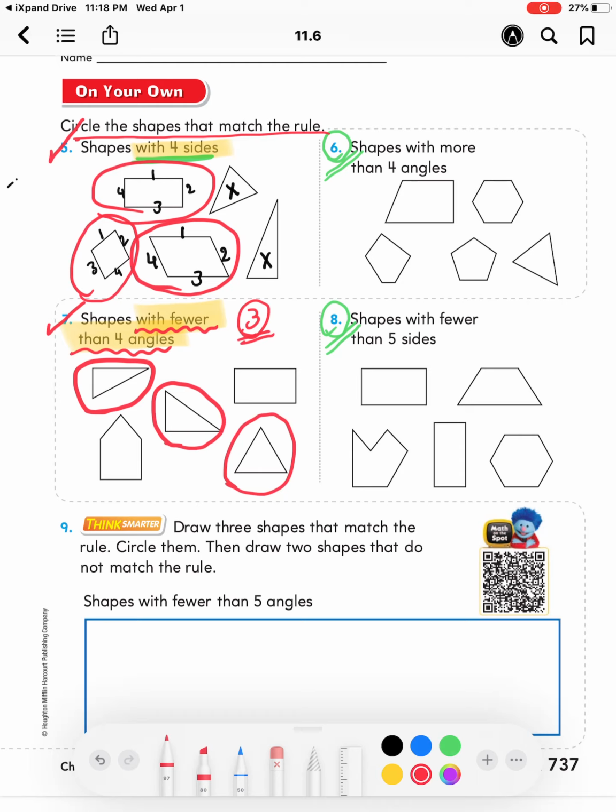Okay? Now let's see the last question we have for today. It says, draw 3 shapes that match the rule. Circle them, then draw 2 shapes that do not match the rule. Okay? So I want you to think about this question, okay? And you will find the answer in the next